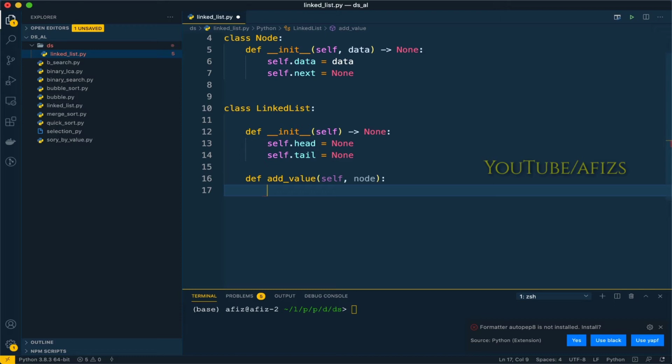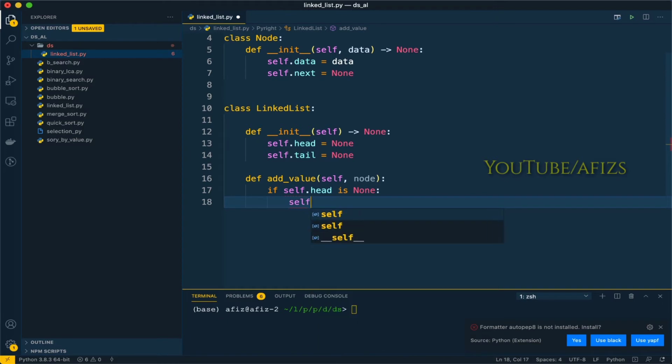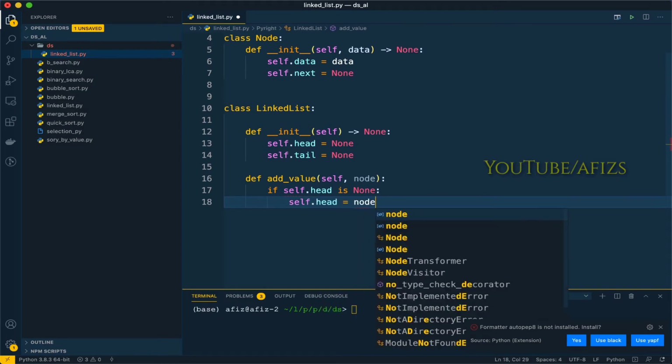If the head is None, it means there are no values in the linked list. That means this is the first entry to the linked list. So let's check if self.head is None.